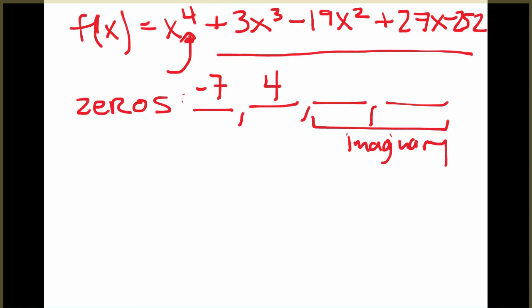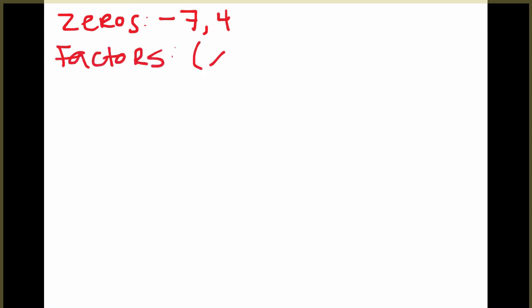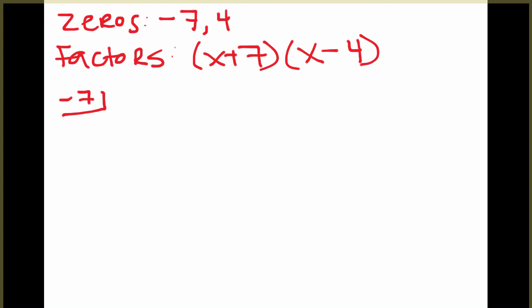So what I'm going to do on the next page is set up a synthetic division problem. So we had zeros at -7 and 4, and so we're going to reduce and divide by each of those. Remember, if you have a 0 at -7, that gives you a factor of x plus 7, and if you have a 0 at 4, that gives you a factor of x minus 4. So I'm going to divide our original equation by each of those factors. I'm going to use synthetic division. You can do long division if you prefer, but with synthetic division, I'll put the -7 in the box in the corner, and then I'll put the coefficients in order